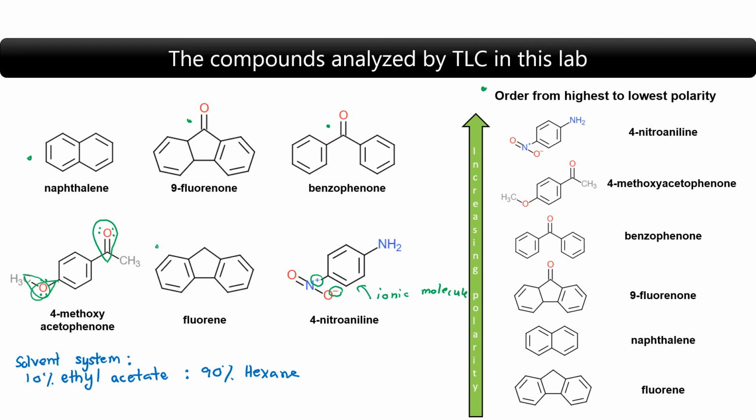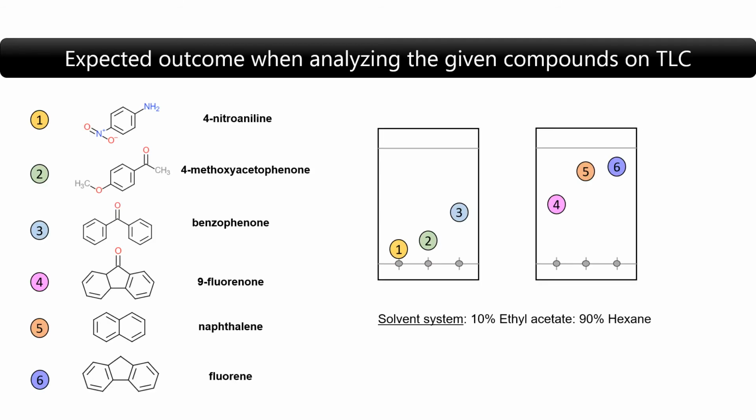So if we run a TLC for these six compounds, we would be able to predict their movement or separation across the TLC plate based on their polarity characteristics and based on the overall polarity of the solvent system. Based on our theoretical expectations, this would be the outcome that we are hoping to see once we do this TLC experiment. So I have numbered these molecules from 1 through 6, and this is the order from